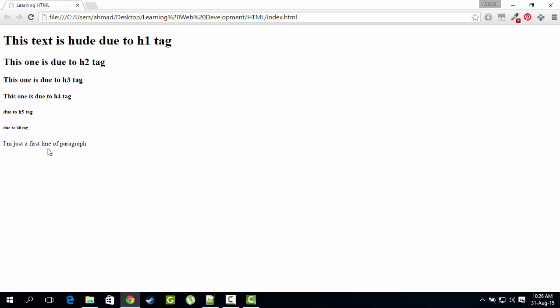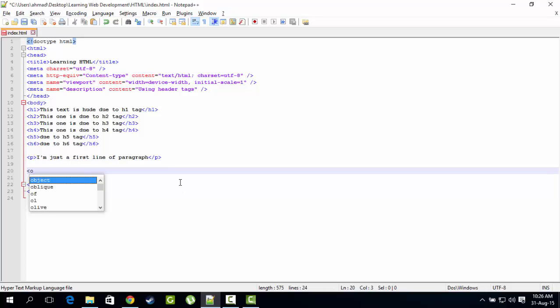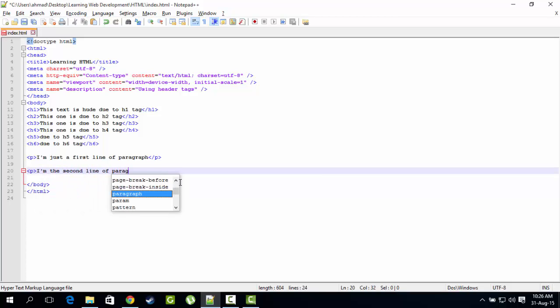Let's see. It's fine. Now if we want to put a second line in it, one way to do it is to put it in another paragraph. I am the second line of paragraph.